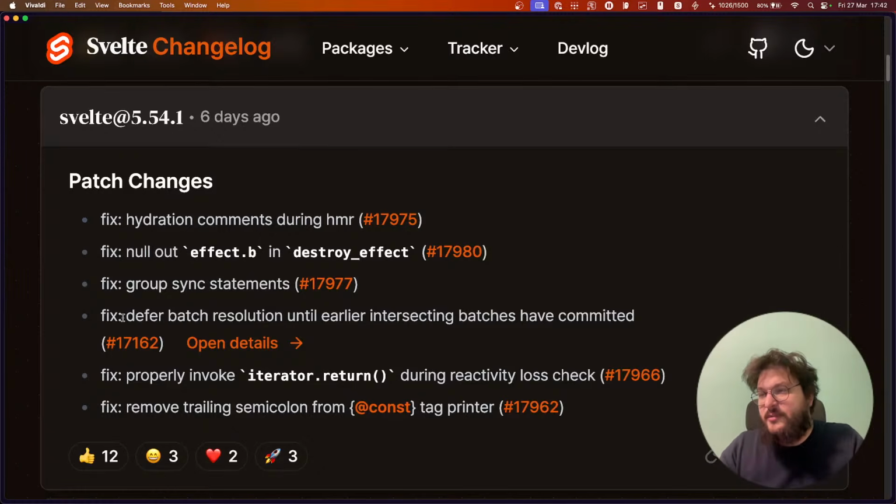Okay, fix: defer batch resolution until earlier intersecting batches have committed. This is one of the biggest. You've heard me talk a lot about batching recently, because that's basically at the core of what we, and by we I mostly mean Simon, Rich, and Elliot, are working on in Svelte, which is Async Svelte.